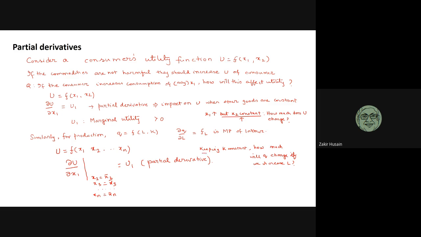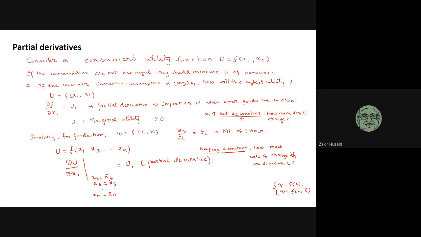Okay, so again this is the additional, because remember in the one variable case we had assumed Q is a function of labor only. There was no capital, or in other words we had assumed capital or land to be fixed. So that is why there was no need to add this statement. But now both labor and capital are variables. So we have to say that we are increasing only L. How much will Q change?